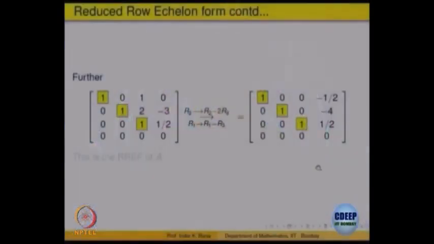Clear to everybody how to reduce a matrix? So, once you do those operations, this will become 1, and these are the entries on the side which remain, which are non-zero, we do not bother about that. So, this is how you reduce a matrix to the reduced row echelon form. So, this is the reduced row echelon form of the matrix A, right. So, it is clear what we are doing.